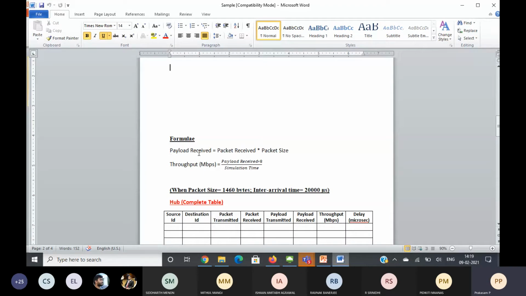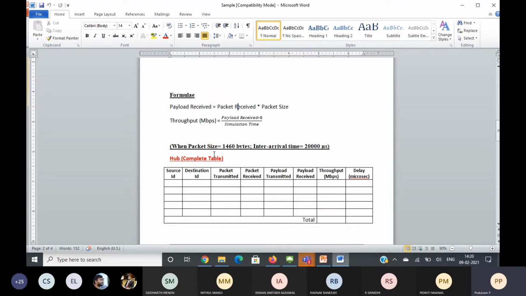The throughput is the payload received, that is packets received times packet size, times 8 bits, divided by the simulation time. So how much time we take to get the output. This is the throughput, a straightforward simple formula.